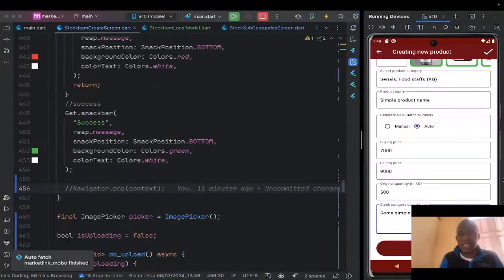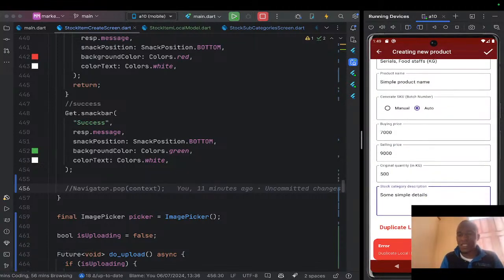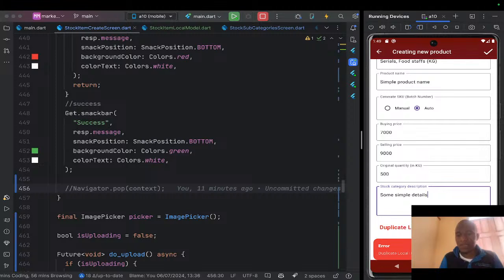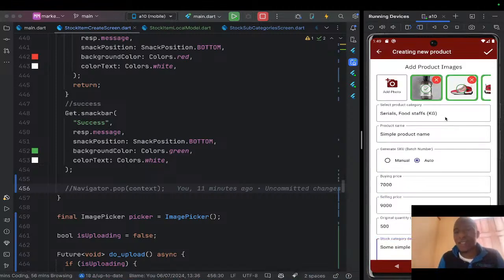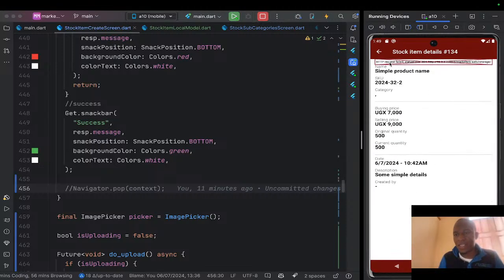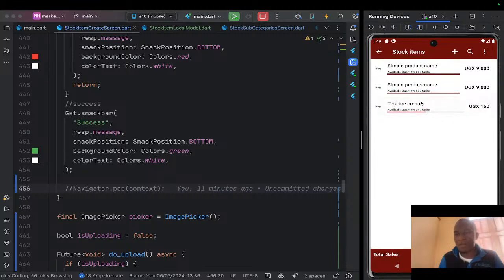So if I try to upload this, you'll see that the local ID is a duplicate, and that will not be accepted. All right, that is so nice. Lastly, you can see these products; it is there. I will now be working on the logic of